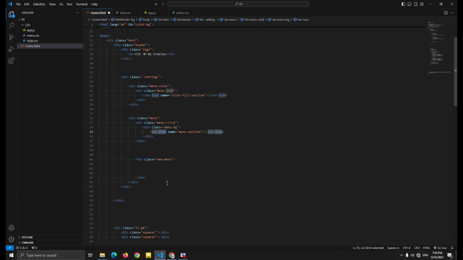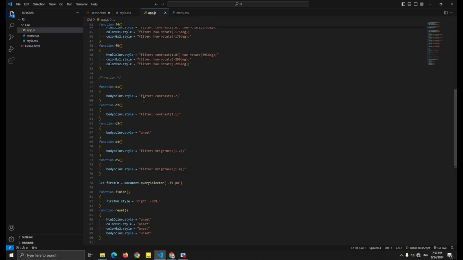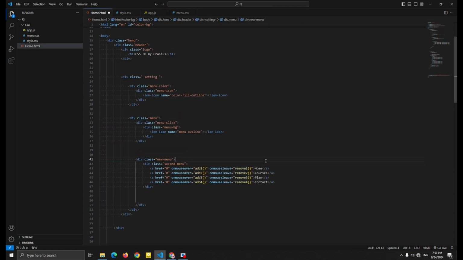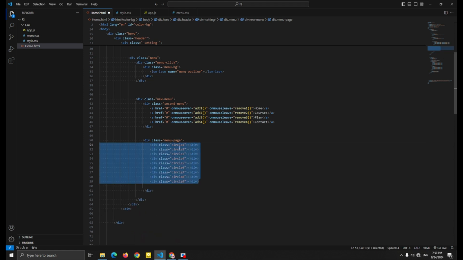When you click on this, we're gonna show this new menu that has this second menu, and I just added this mouse over and mouse leave. Just make it simple of this JavaScript for this, guys. We're gonna make it very simple: when the user wants to hover it, just make it something new. So this is for the menu, and let me just add this menu page for this circle that we have,